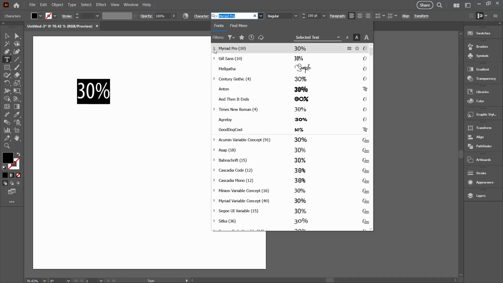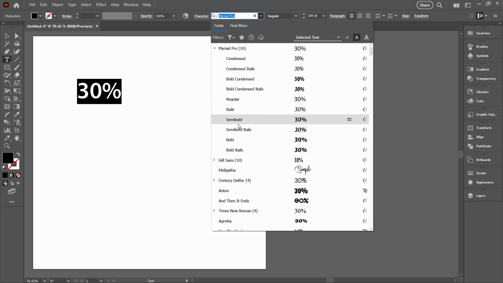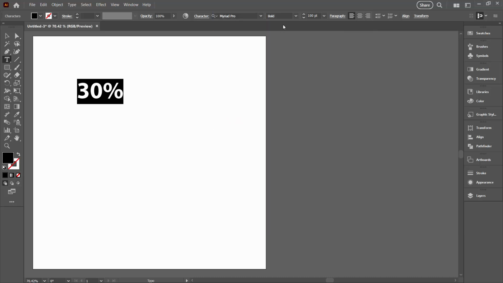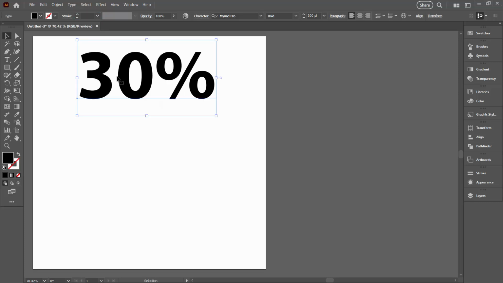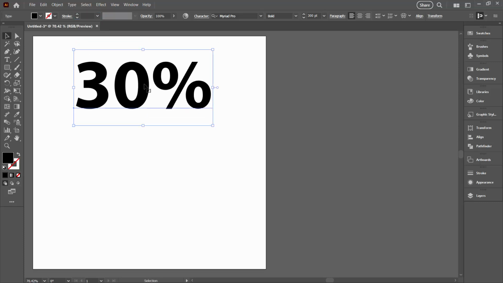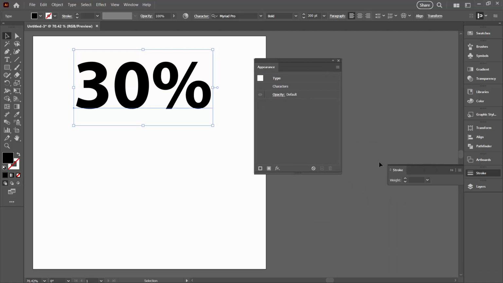Now I've already established that I'm going to go with one of these Myriad Pro fonts. I think I'm going to use bold, so I'm just going to click on that. I'm also going to set this font size at 300 points just so that we can see what's going on. So for this offset text effect we need a stroke and a fill, and we need to move the fill away from the stroke. Now if we go to the appearance panel, you'll see that we're getting a few things